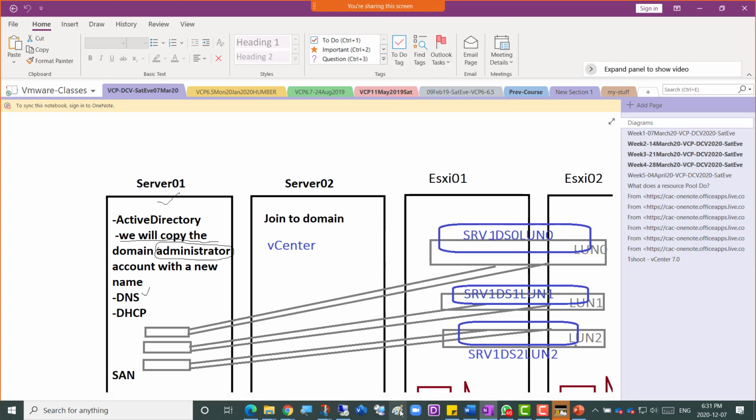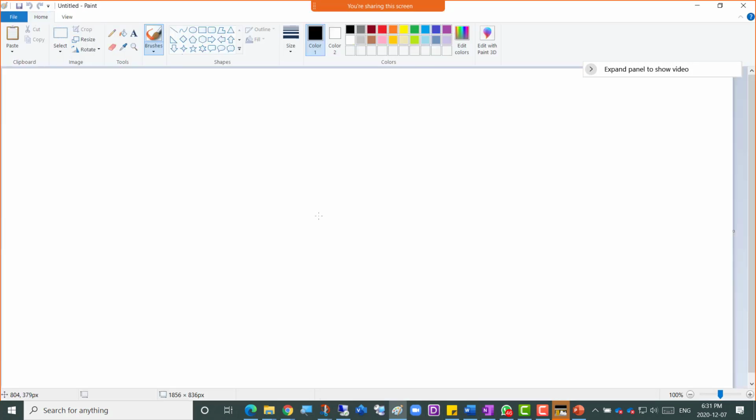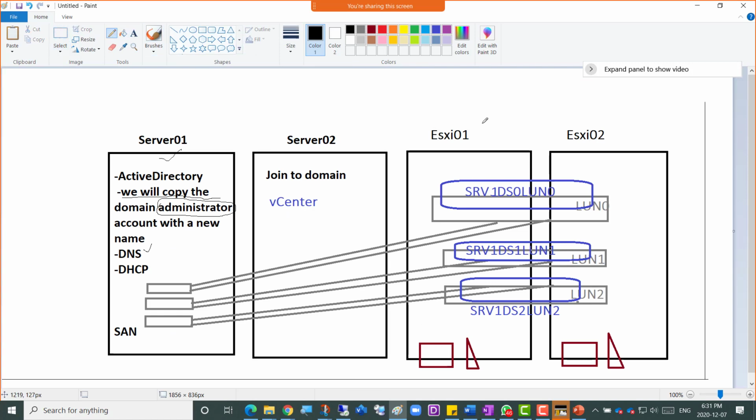So our plan here is that we're going to update our two hosts, right? Whatever new critical VMware and security updates are there, we're going to apply them to these two guys, ESXi1 and ESXi2.